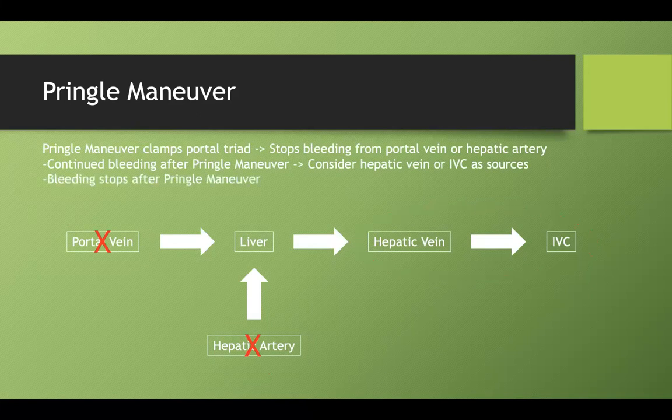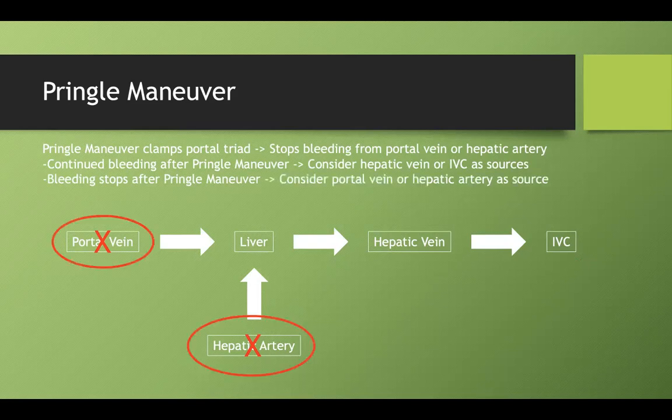However, if bleeding does stop after you've clamped the triad, now you're more concerned that it is a portal vein or a hepatic artery bleed. And on question stems, they really keep it simple as far as differentiating between these bleeds. What they'll do is give you, if it's a pulsating, bounding bleed that stops, that sounds more arterial